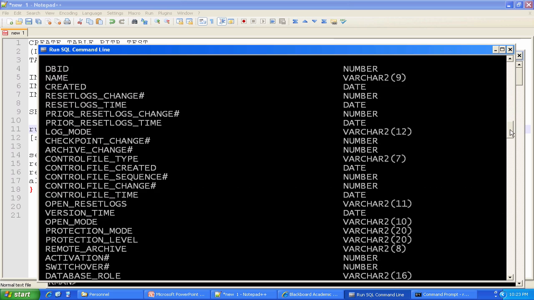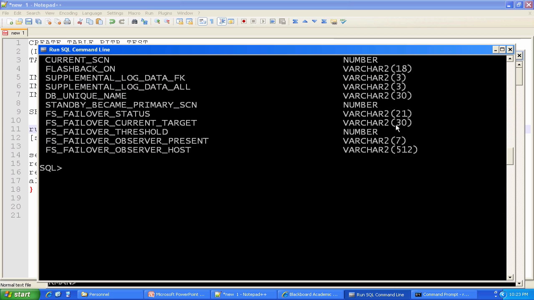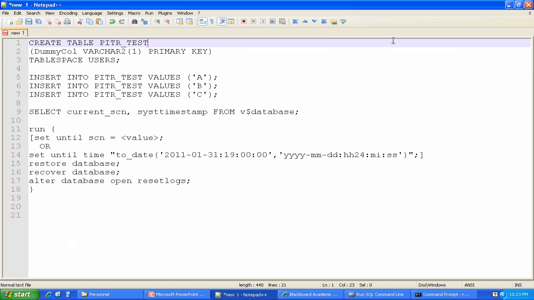So again, just for reference, if I do select star from PITR test, I get A, B, and C in there. So we're going to pretend that putting the B in there or putting the C in there was something awful we would like to undo. Obviously, it would be trivial to undo, but we're going to undo it in this case through a point-in-time recovery